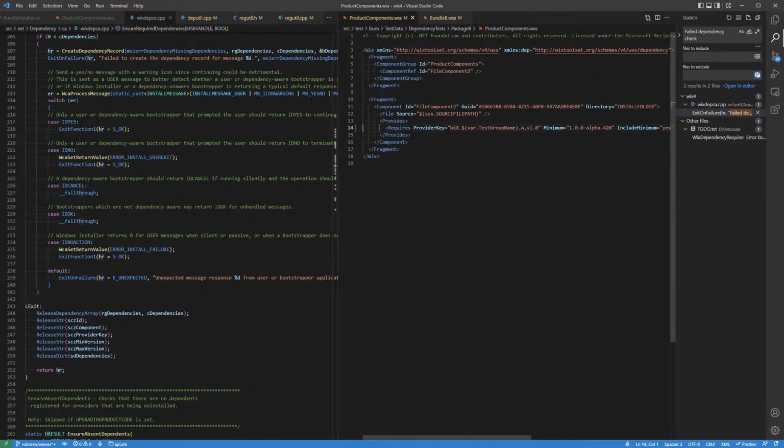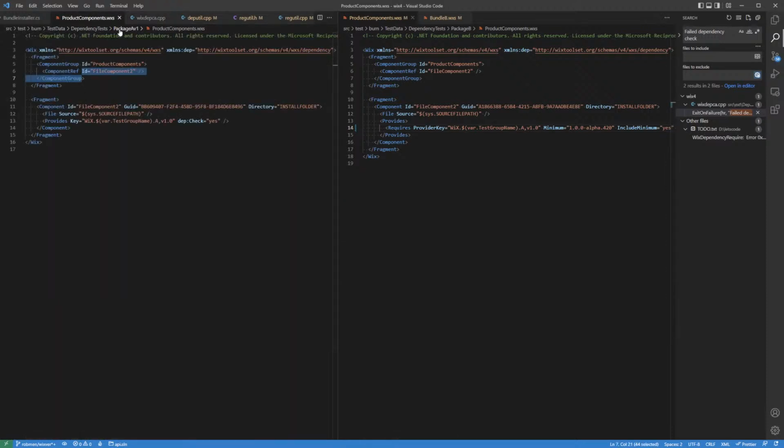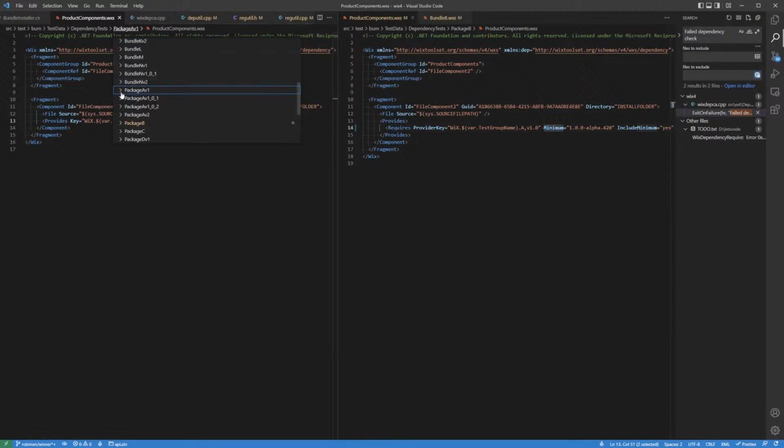All right, great. So package B has a dependency on this A provider key. And if we go over here, this is package AV1. This is another MSI build with all of our test infrastructure around it. And this version here is setting the key to this test group AV1. And then we just need to make sure that when this is built, oh, this is cool. This is going to use the test infrastructure,